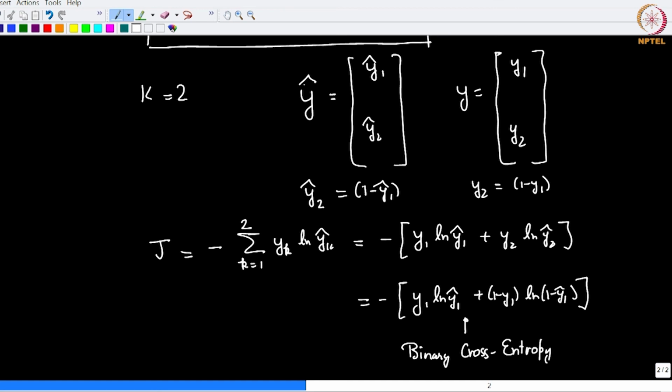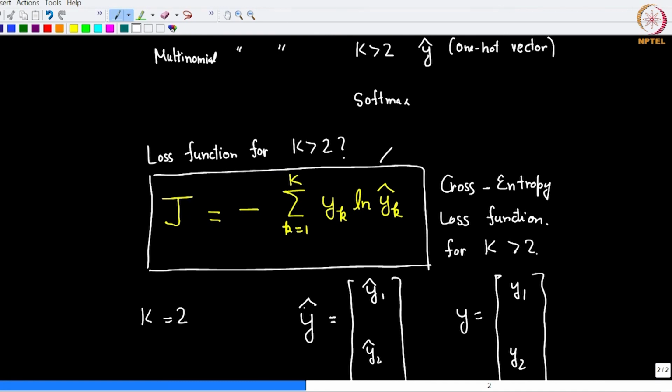So, this is just to say that this is a general formula. You can think of all classification loss functions, or at least the cross entropy loss functions, in this form.